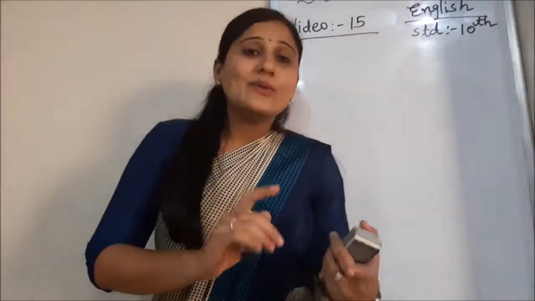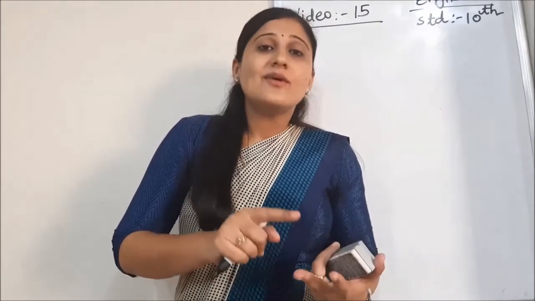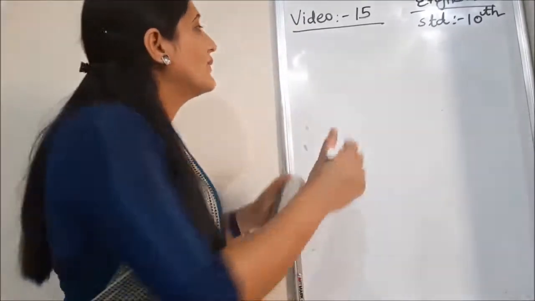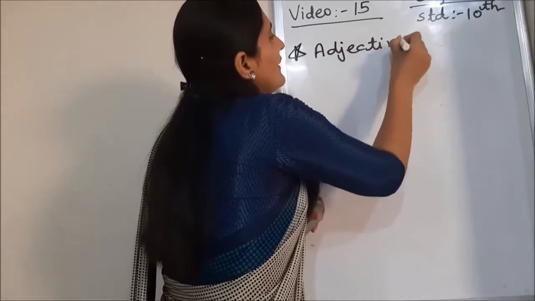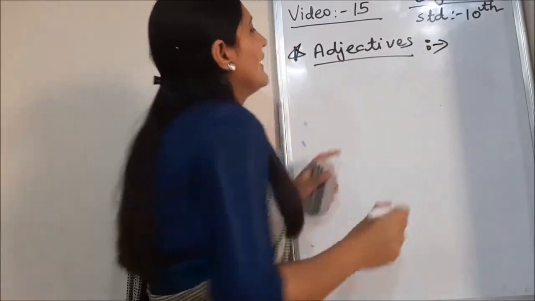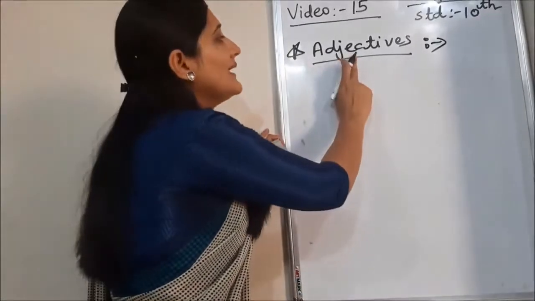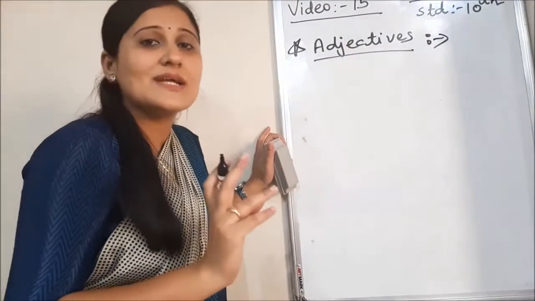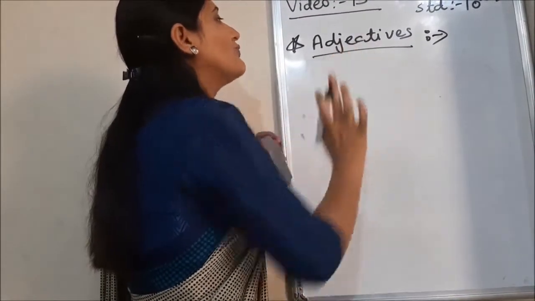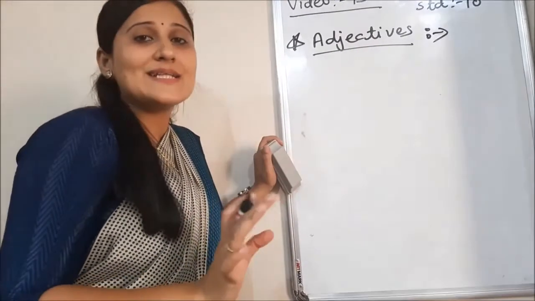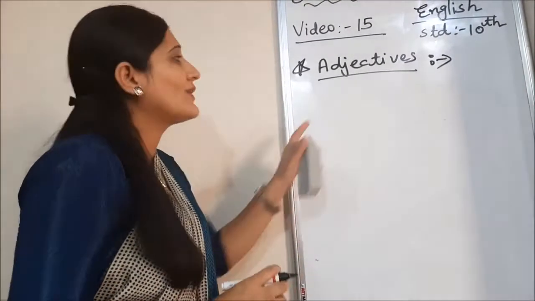See, you need to remember all the 3 degrees, what to add, what to not add, which are the common rules, and this is the last rule about adjectives. Why? In all 3 sentences, you need to find out where the adjective is. Then only you will not have any problem, because you need to find out anyhow where the adjective is in the sentence, right? So, there are 5 common rules for the adjective.